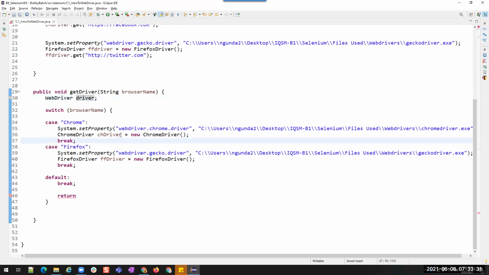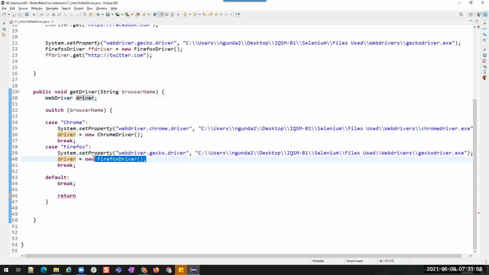Imported. So instead of assigning it to a Chrome driver, I'm going to use this. For Firefox also, I use the same. Now, if I want to return the browser, I can just return this driver object, right? Because if I am creating a Chrome instance, that is assigned to the same WebDriver interface.